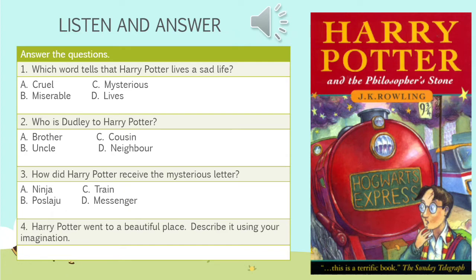Harry Potter lives a miserable life with the Dursleys, his cruel aunt, uncle, and their son Dudley. He has no friends or any celebrations for his birthday. He has never played a sport, too. A messenger brings him a mysterious letter. It is an invitation to a wonderful place he had never dreamt of. There he finds friends, sports, and magic. Something great is awaiting him, if Harry can survive the encounter.